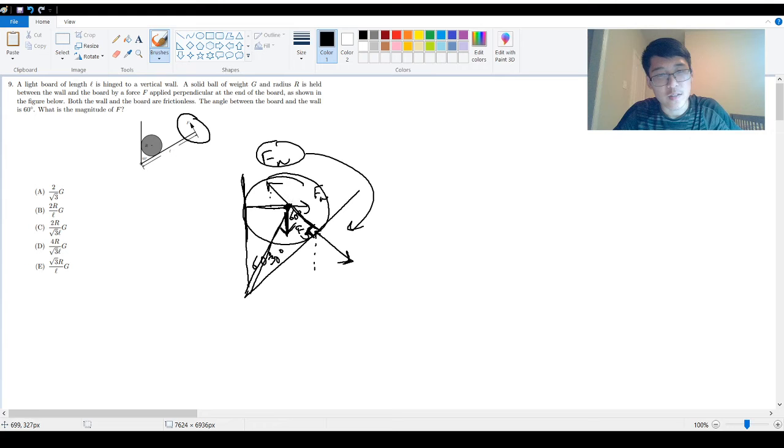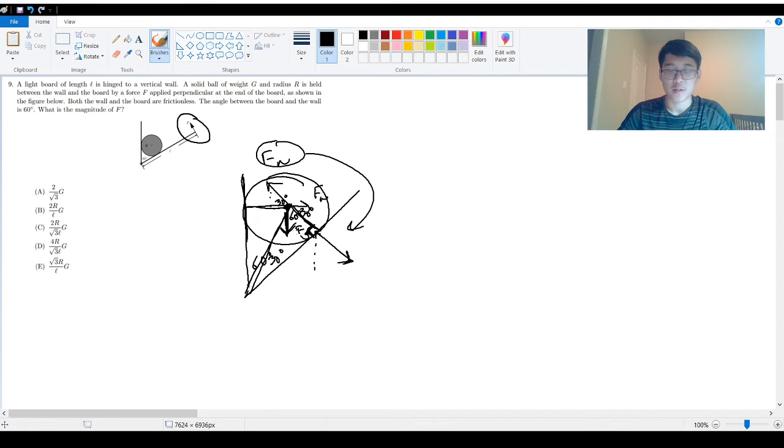So what this means is this is 30 degrees, right, because these two are 90-degree angles, and that means that this is at 30 degrees as well. Just check to make sure that's right. I think that is right. Okay, so what this means is that